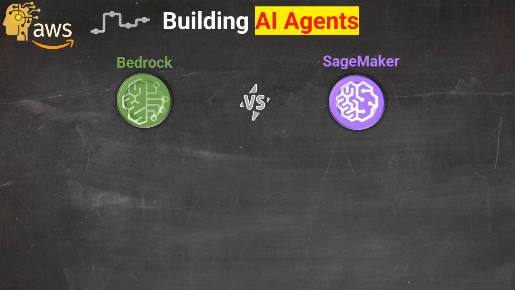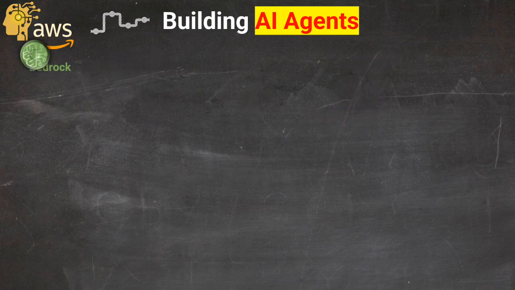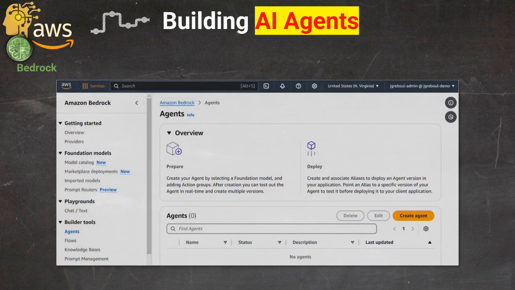Okay, let's discuss how we can build our agent using Amazon Bedrock. Let me assume that we already took care of creating an AWS account and granting to our user and role the needed permission to Bedrock, and that we also enabled the foundation models we want to use within Amazon Bedrock. So, to create an agent, navigate to the Amazon Bedrock Builder tools, head to the Agent view, and click Create